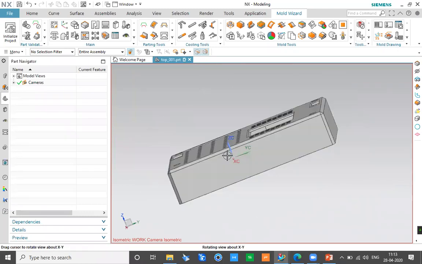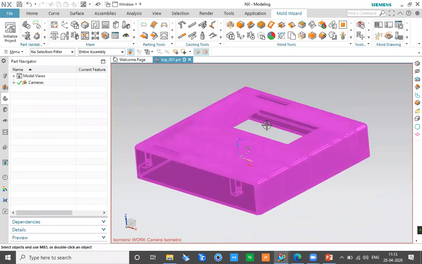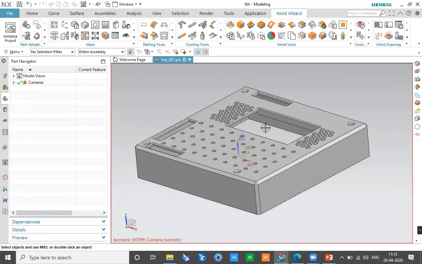The first thing you have to take care of is, we can see the coordinate system of the part is not in the correct location, and that can happen in most cases. Whenever we import a part or start a new part, we are not creating the part with respect to whether we are going to create a mold out of it or not. So based on certain components, we might have to change the location of the coordinate system, and that can be easily done inside NX.